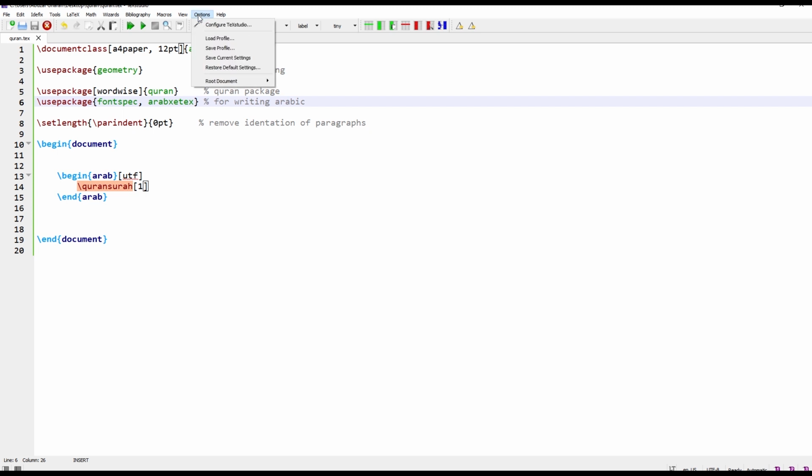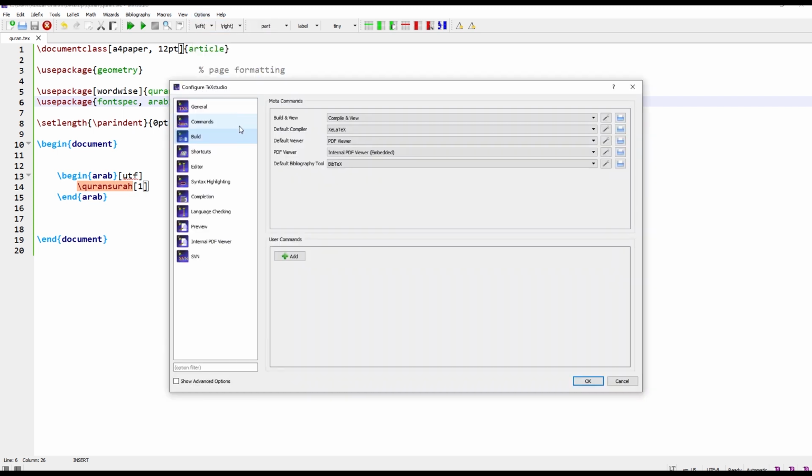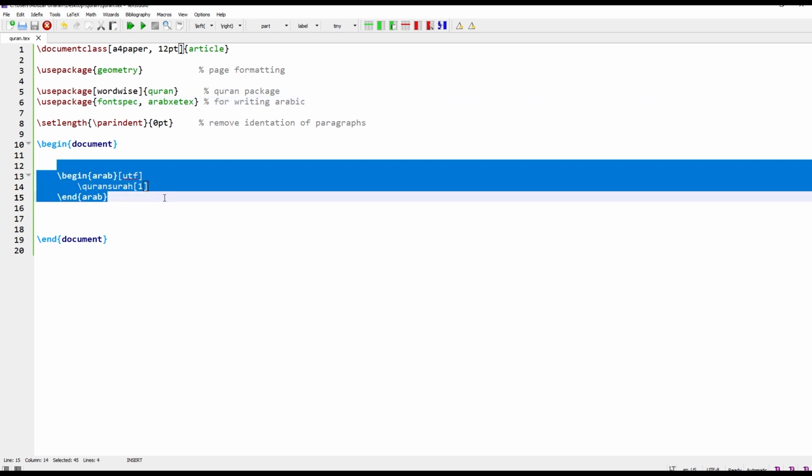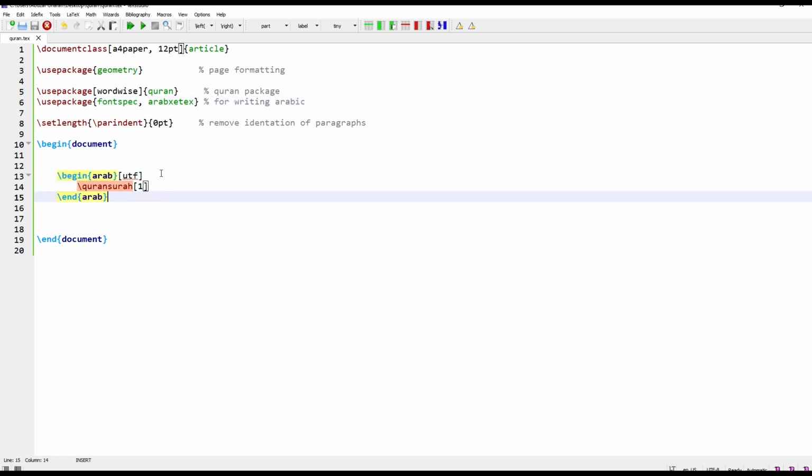Go to Options, Configure TeXstudio, go to Build and select the default compiler as XeLaTeX. Press OK. Now you can write the Arabic in the document.